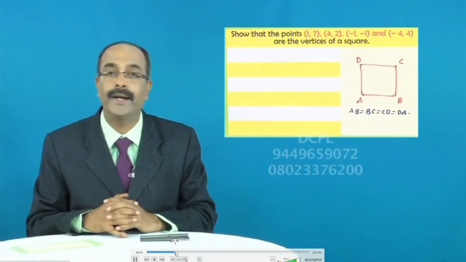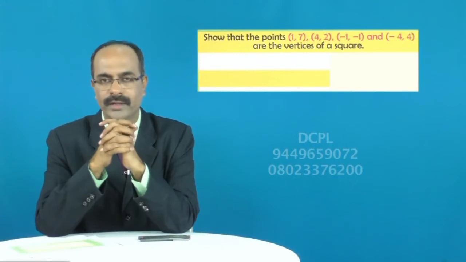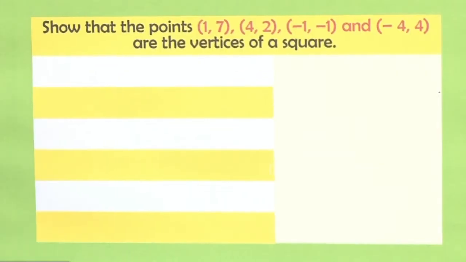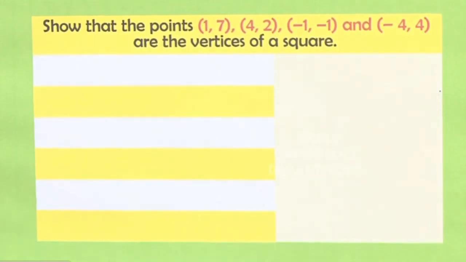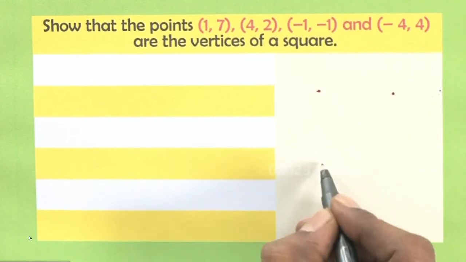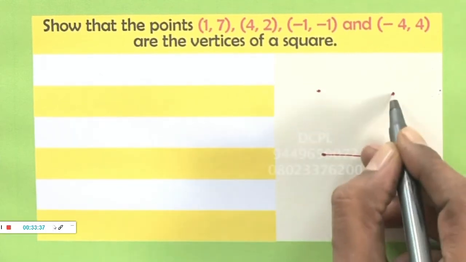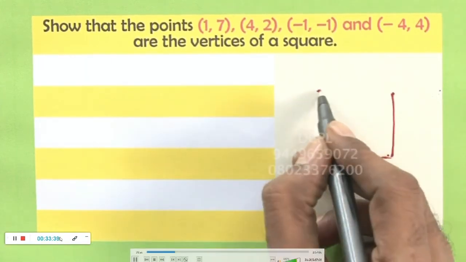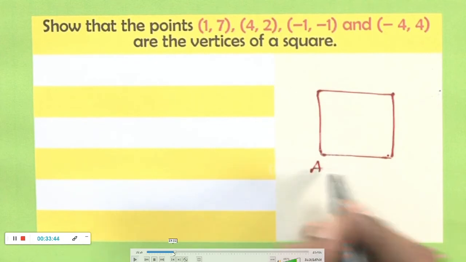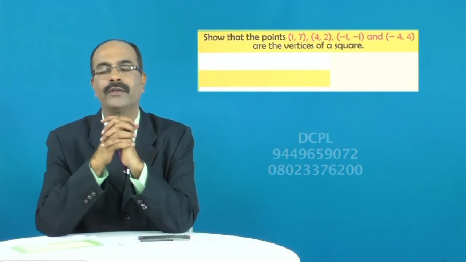Diagonals must be equal, that we can talk about later. When do 4 points in a plane form a square? Look at this. Consider the 4 points like this. If they form a square, then, if you consider the points, when do the 4 points in a plane form a square?